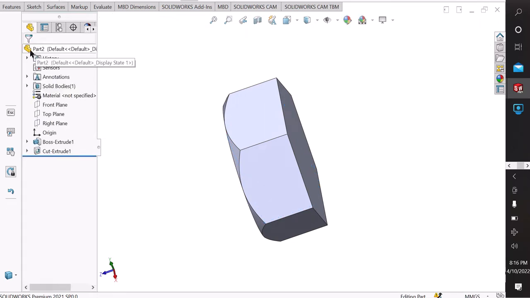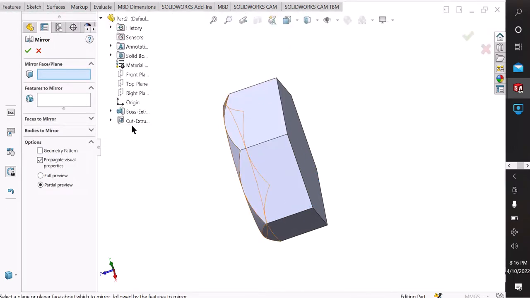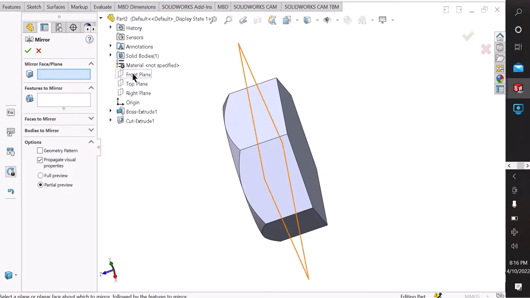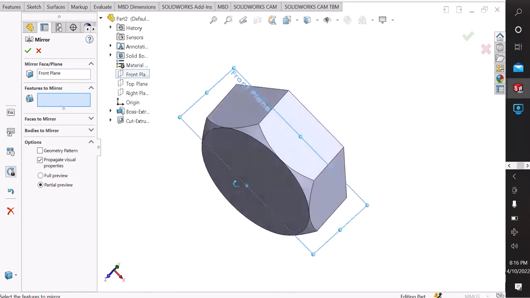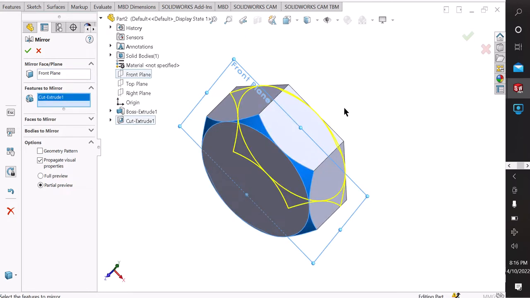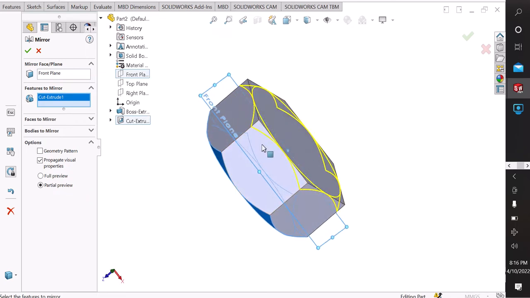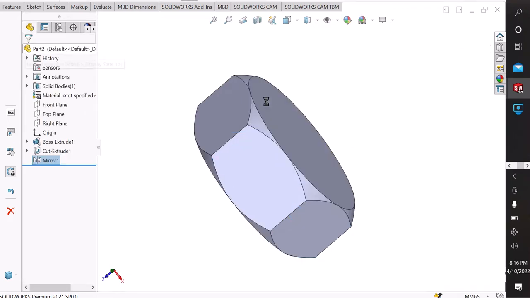Okay, let's make again. First click here mirror entities and here option. First I can choose front plane. Okay, here front plane is okay, and then I click here cut to x2. So another direction is showing, it is mirror option. Okay, now it is cut,